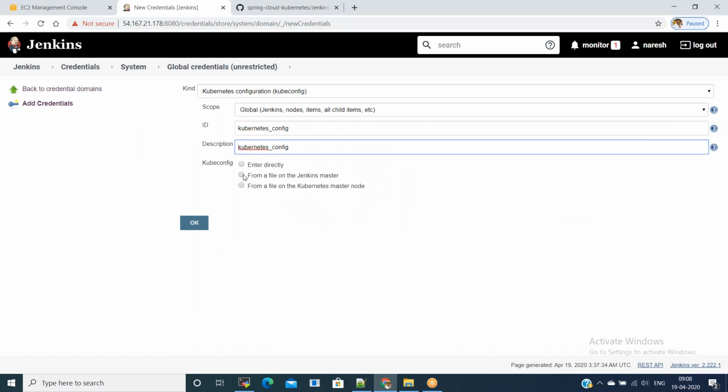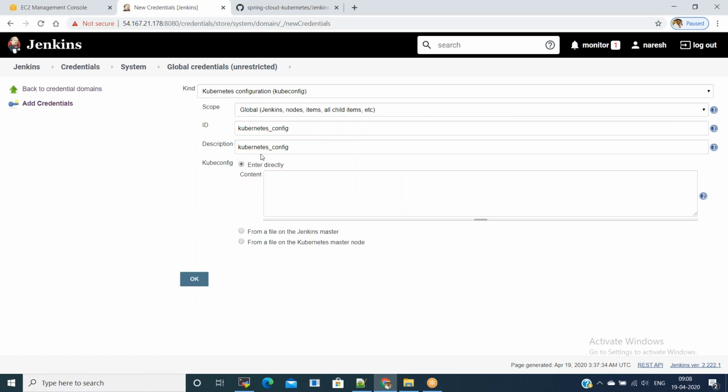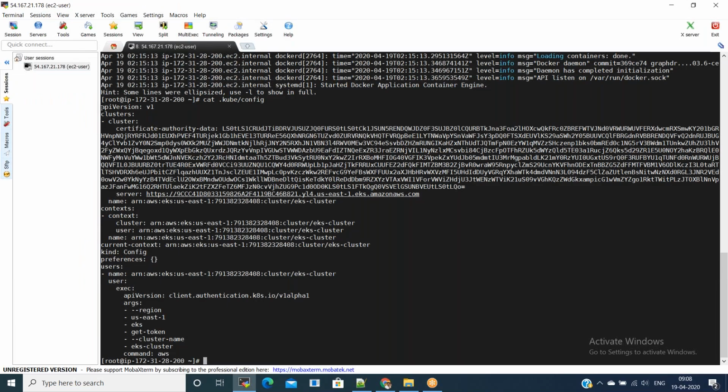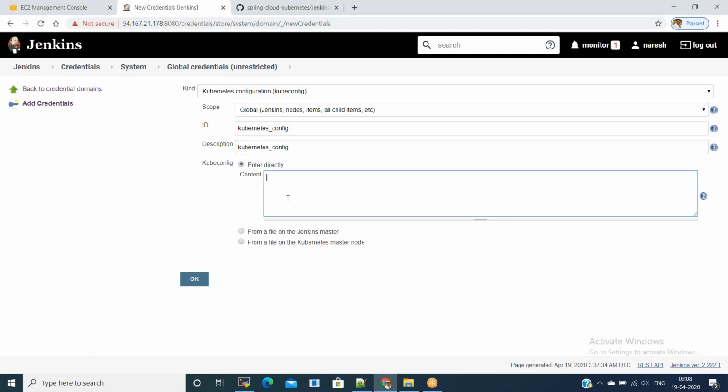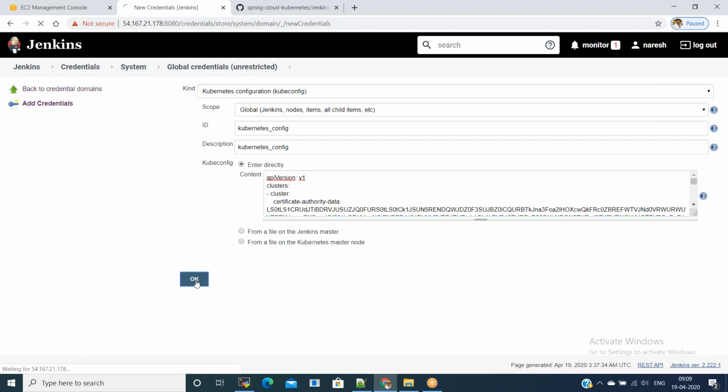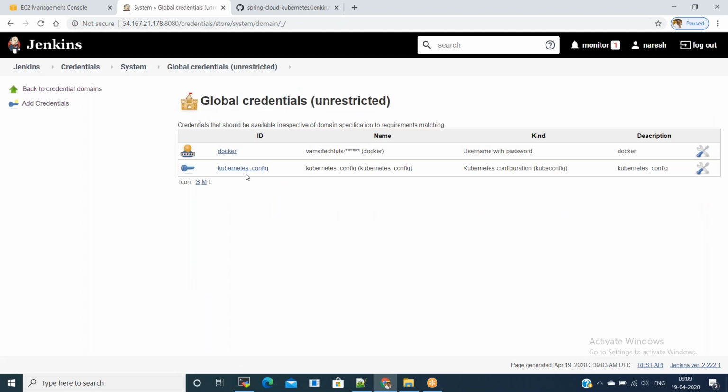In the Jenkinsfile, I have given kubernetes_config. Let me copy the same ID here as well. And in the kubeconfig file, select the radio button, enter directly, and copy the content from the Linux machine. And click on OK.